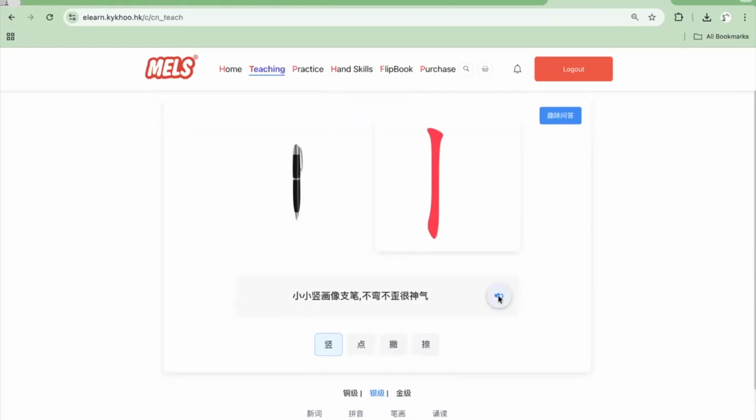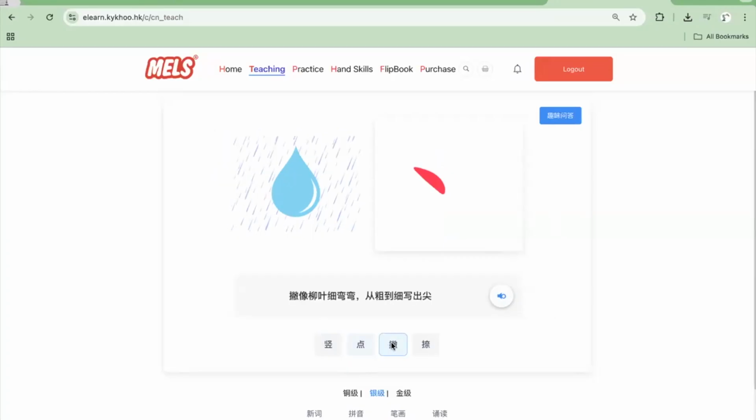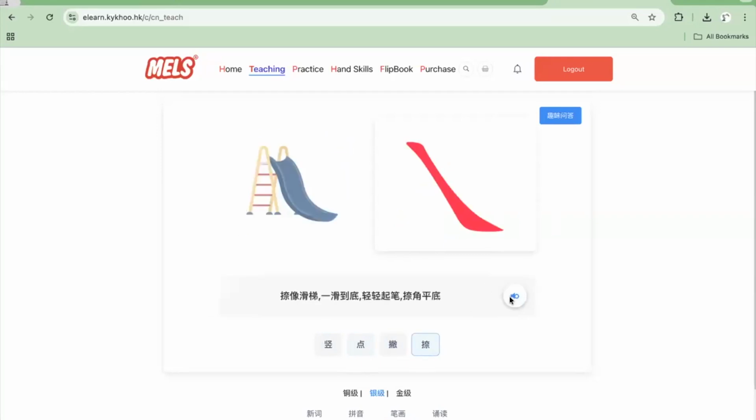小小数画像支笔，不弯不歪，很神奇。不弯不歪，很神气。点。小小点像雨滴，轻轻按，停一停，往回藏。肚子圆圆真漂亮。肚子圆圆真漂亮。